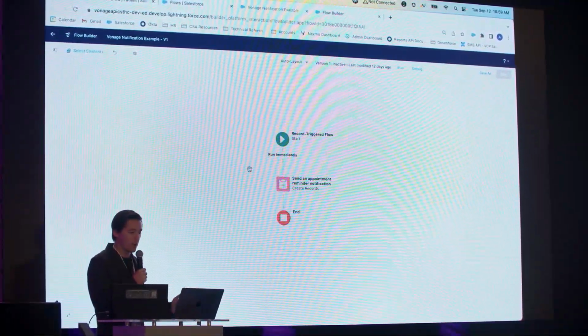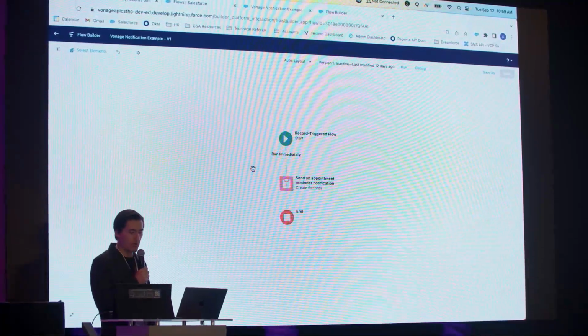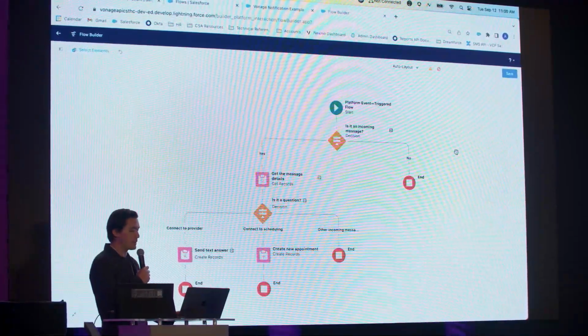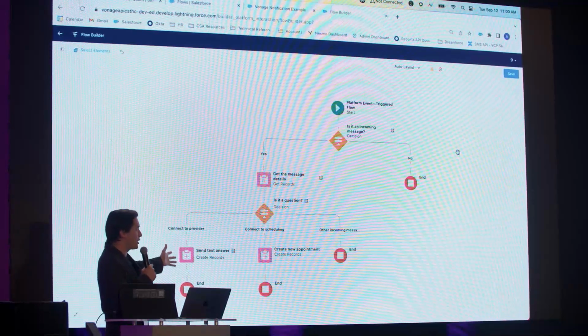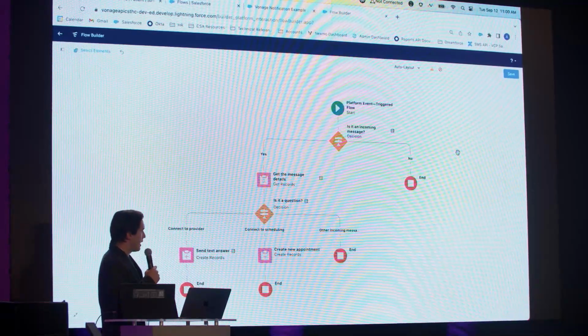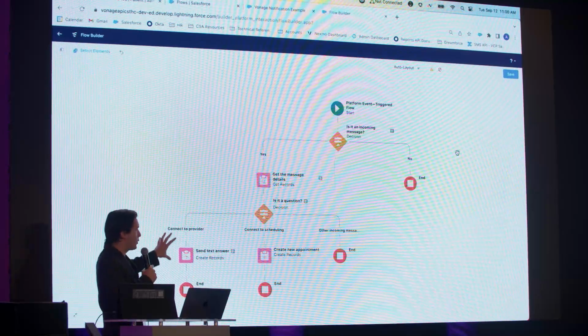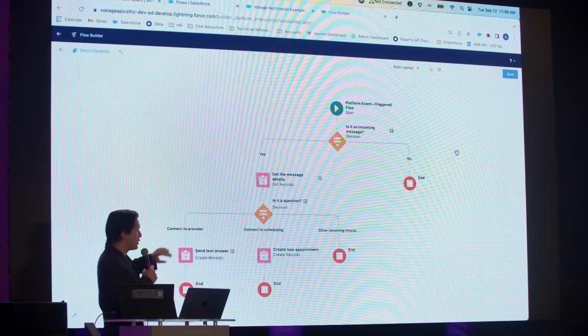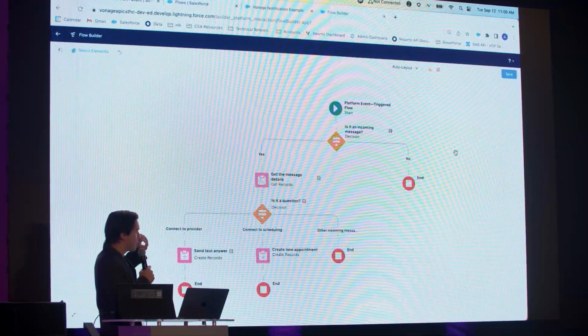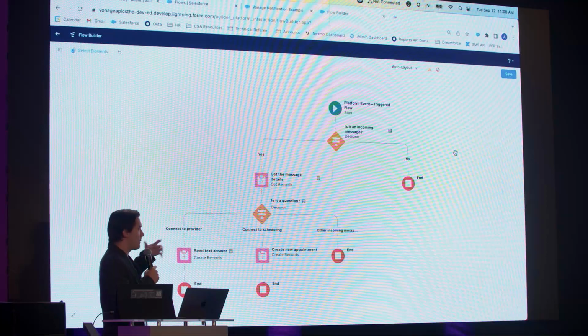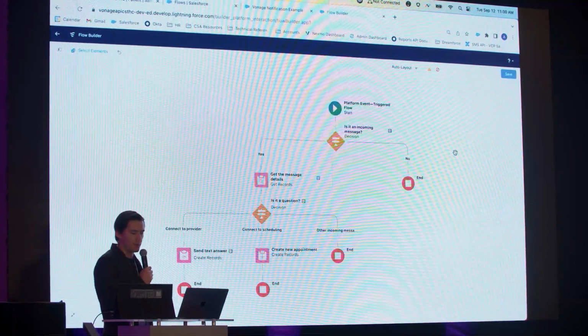The second flow is a chatbot, using Salesforce flows. You can create a basic chatbot that responds to users' messages with very few moving parts. As you can see, it's very basic, but it allows you to very quickly and easily set up automated responses to people's inbound messages.